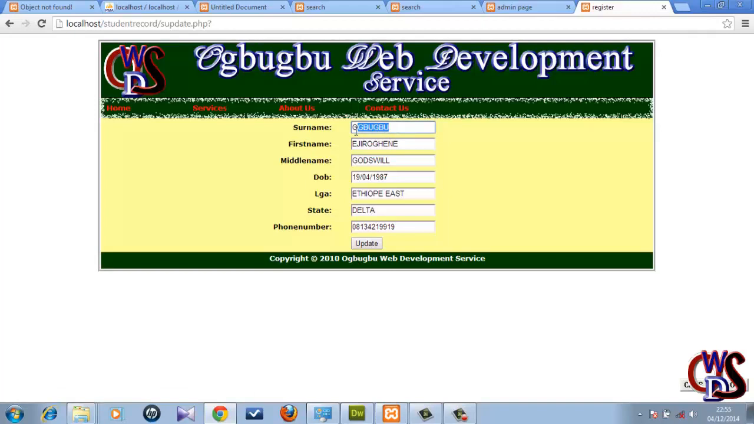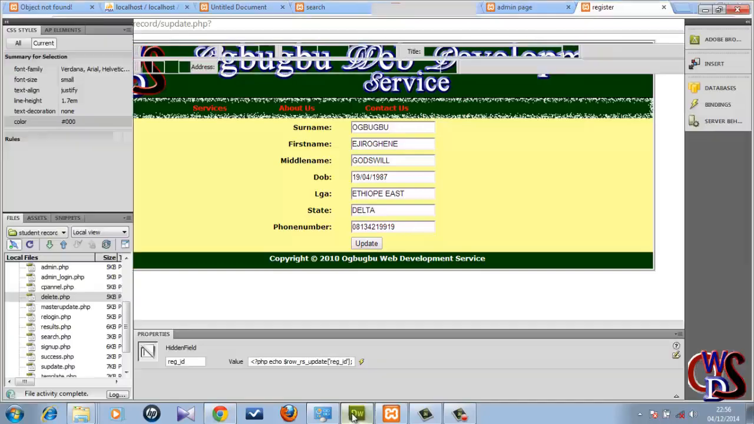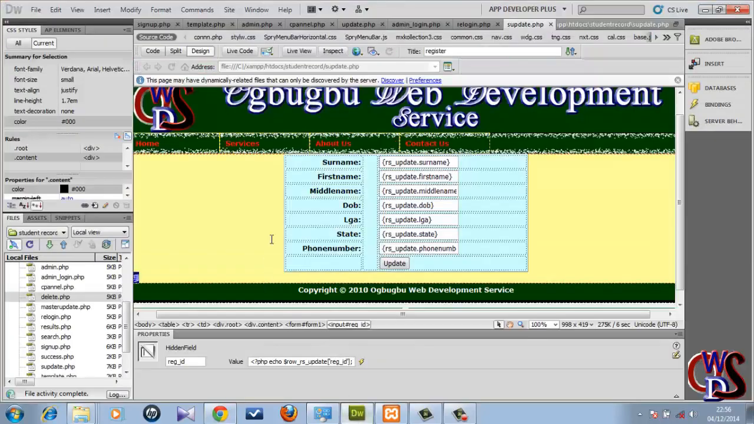Let's call it OGPU instead of Google. Then let's click on update. Clicking on update, the problem we're having right now is that the form is not updating yet. Though it is not updating, we're on track. Everything is working perfectly right now. The reason it's not updating is because we have not appended that update server behavior to this form yet. Since this one is already working and we have been able to pass our URL parameter of the reg ID